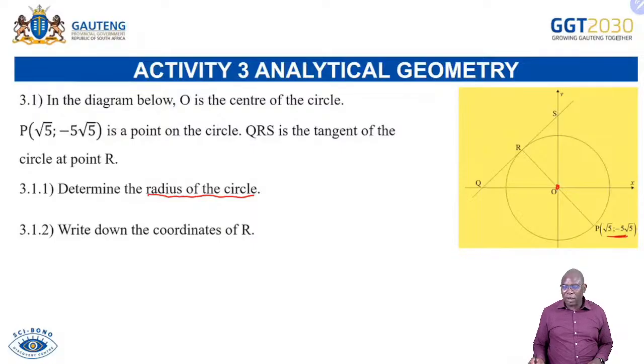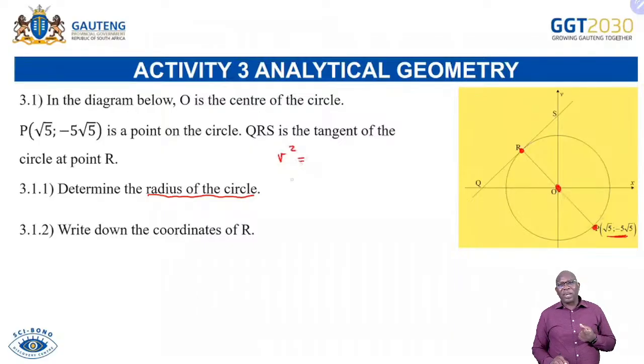Now, how am I going to get the radius of the circle? Remember, they want the radius. They don't need the radius squared. The radius of the circle is from this point to that point. That point here is on the circle, so I can get the radius of the circle. My radius squared is equal to